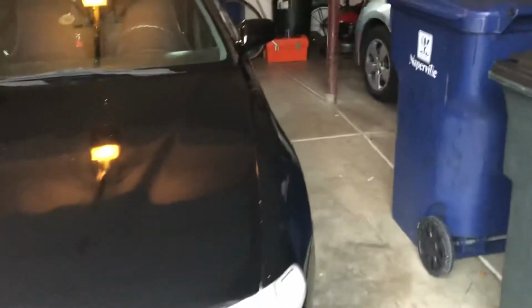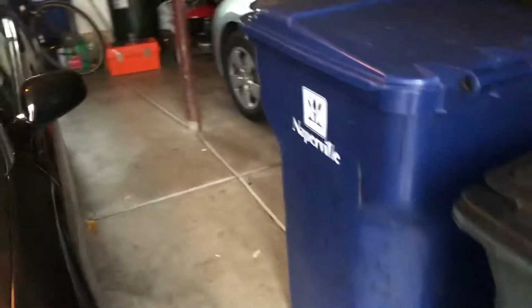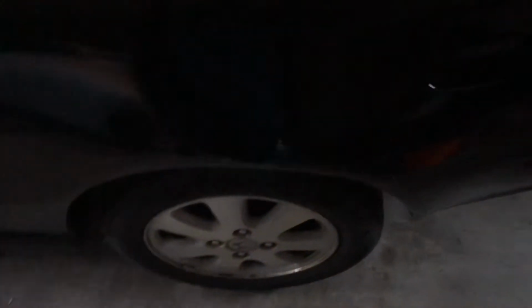So I'm just gonna start with other things besides the actual engine bay. So any brake work I've done or lights or anything like that. I'm just gonna start with the brakes. So the first thing I did,